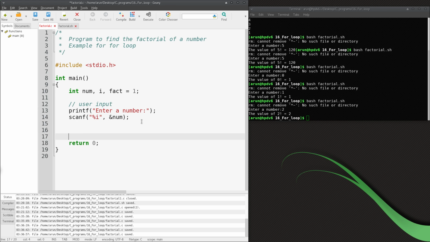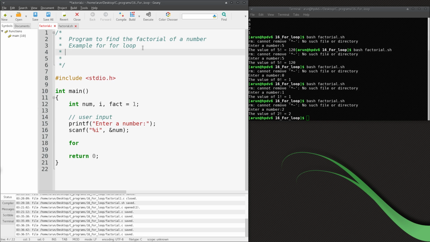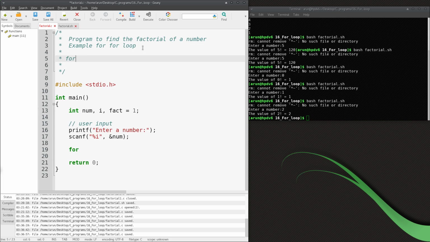Perfect. Now here comes the interesting part. For loop syntax is like this. Before we write the program over here, I'll put the syntax. You put for, then init, the iterating variable init start, then the condition, then increment or decrement,